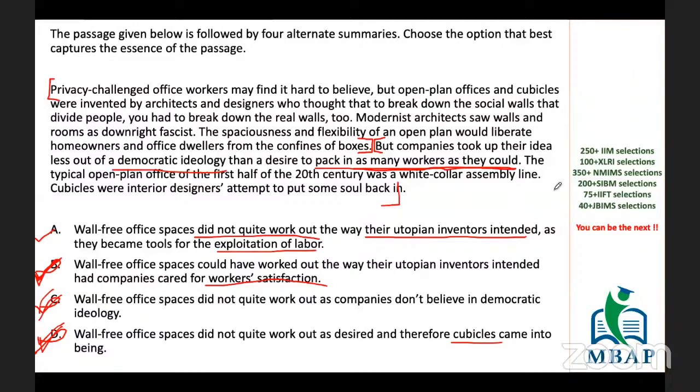So don't you think that they are not looking for the convenience of the people, but they are just fitting people in like anything? Earlier they at least had a little space of their own, that okay, this much is assigned, so this much space is mine. But now what they are doing, they are just keeping people like anything. Suppose my room's capacity is 10 workers, that only 10 workers can work in that space. Now what I am doing, because it is open space, I know there is so much space, I have put 10 more in. So in that case they are basically exploiting, because it is given here that pack in as many workers as they could. So this shows the exploitation.